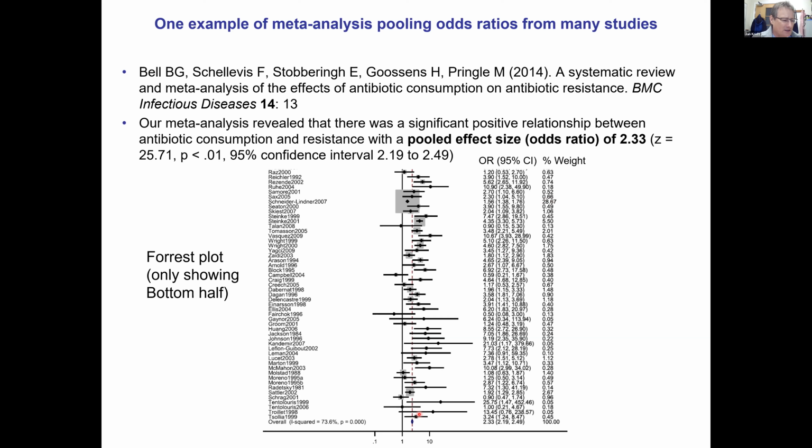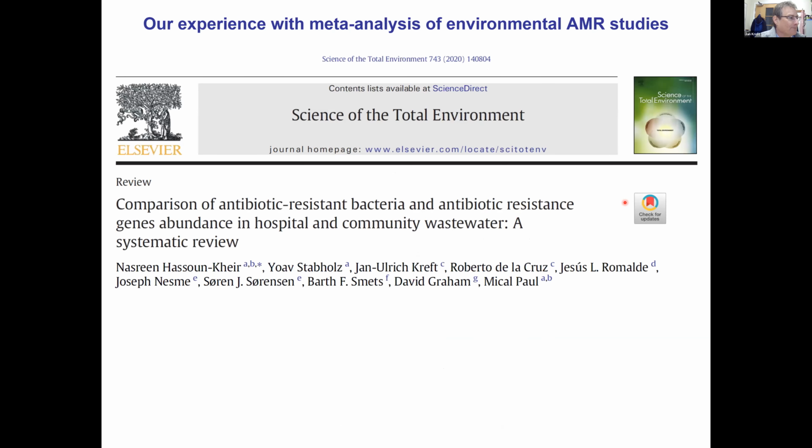There are some other studies with low variation and therefore higher weight in this analysis, and overall the odds ratio is 2.3 and statistically significant. So this is what you can do in a meta-analysis if you find enough papers that use a similar enough methodology to be pooled. Okay, now